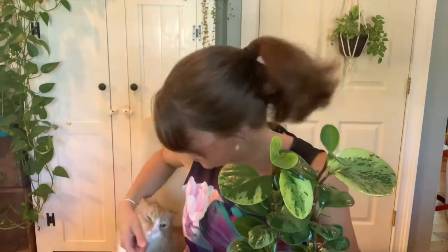So I'm just going to show you, this cat is all up in my elbow trying to rub his face